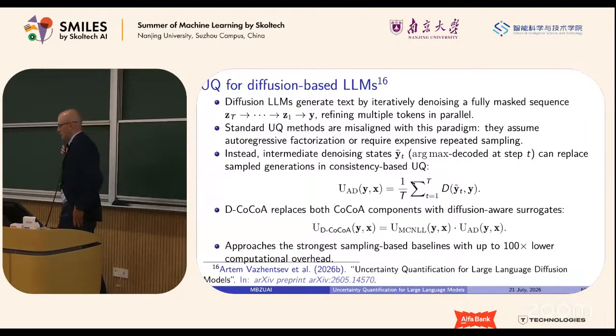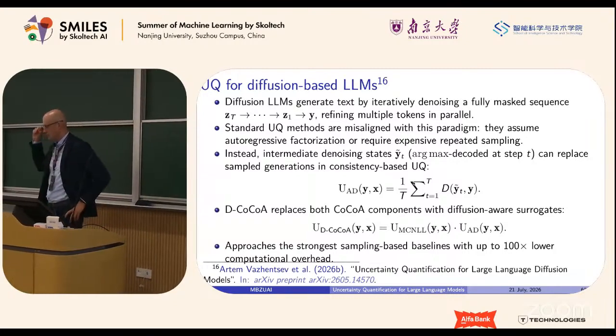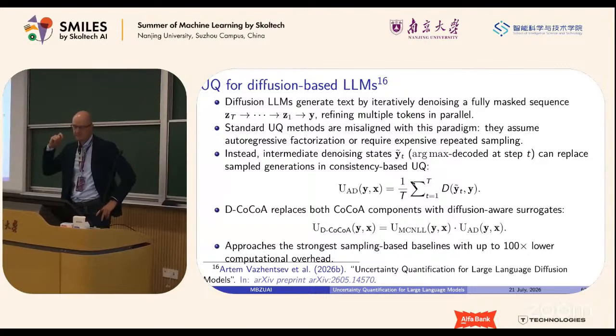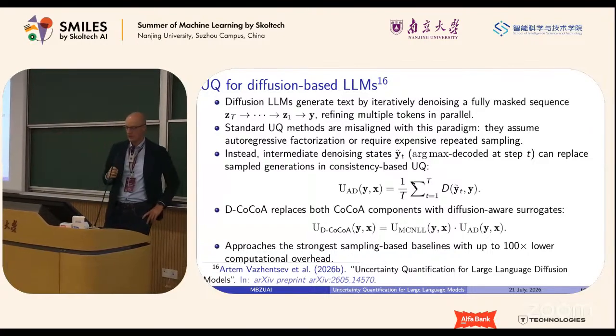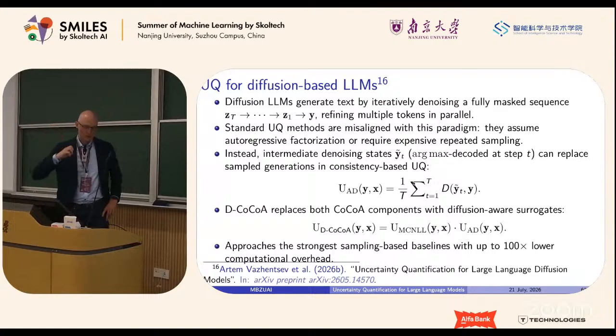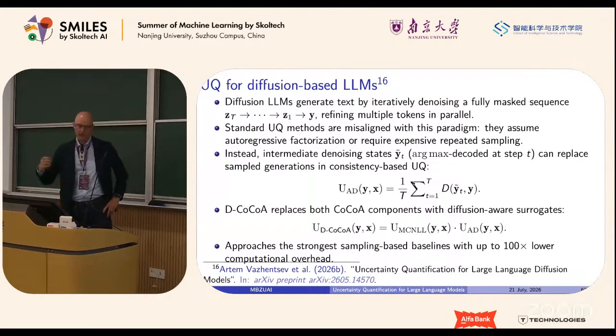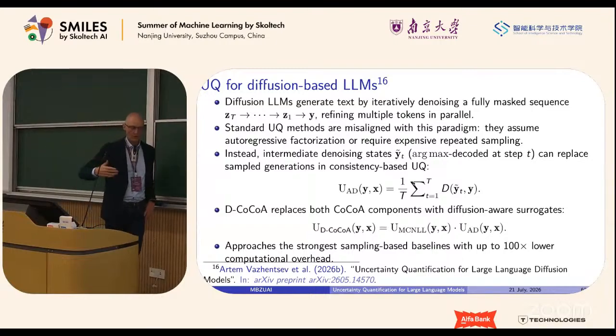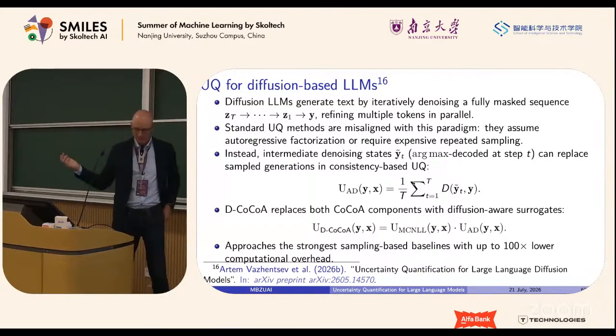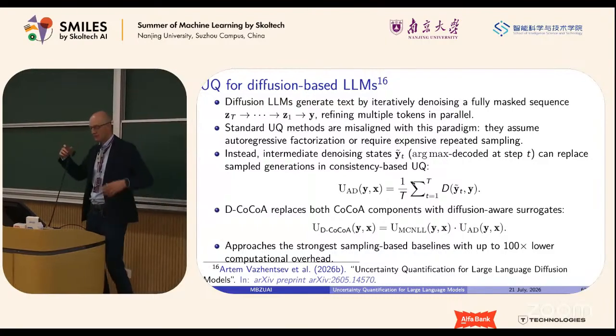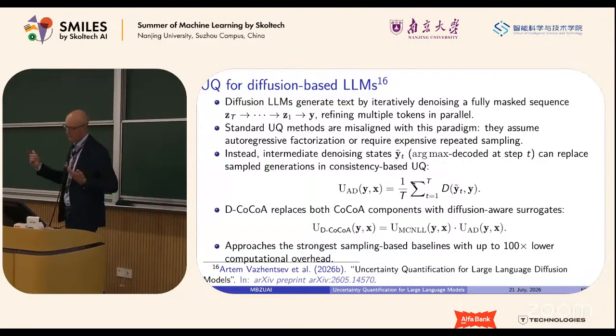The only time when these techniques are actually useful is in situations when you already have to sample. Let's say you're already using a beam search, then our COCOA method, based on sampling, is basically a free lunch. So you get both the good generation and the good uncertainty score.